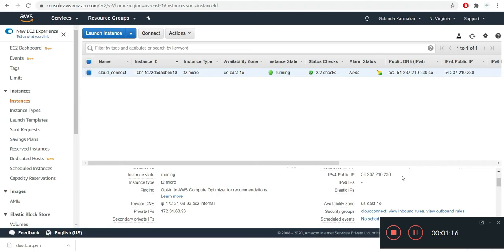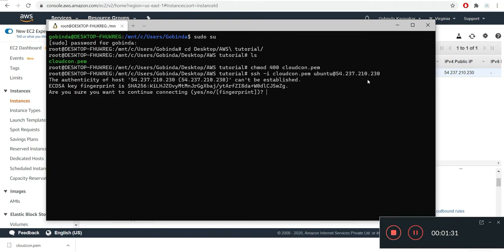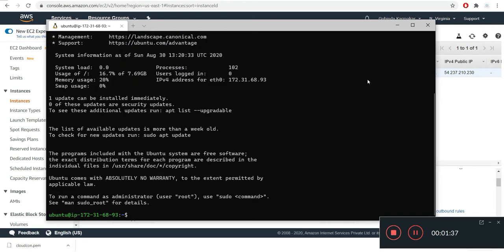This is the public IP of the instance, so we just need to hit this icon. It will copy the public IP, paste it here and just hit enter. See, it is asking is this you or not, so we have clicked yes. Fine.